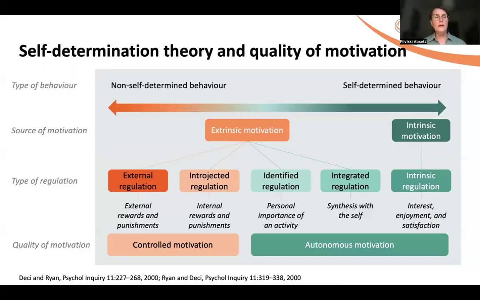Let's look at the motivation first. Self-determination theory and quality of motivation. Self-determination theory is a generic motivational theory applicable to all kinds of behaviors, whether academic behaviors, work-related behaviors, or health behaviors. And this theory distinguishes different types of behaviors as non-self-determined or self-determined behaviors, and their underlying sources of motivation, from extrinsic to